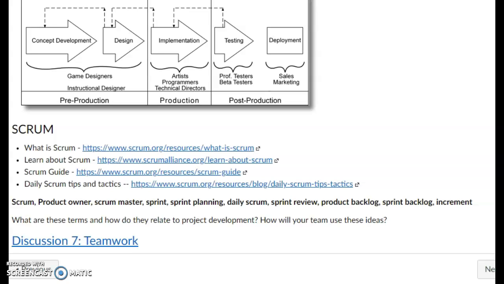I don't want you to focus next on what your team is going to do by December, though I will have some requirements. What I want you to focus on now is how you get there little piece by piece. And so read this stuff. There is a discussion about what these are and how your team will use these ideas to incorporate into your teamwork. And very soon I'm going to be giving you that project that your team will work on.